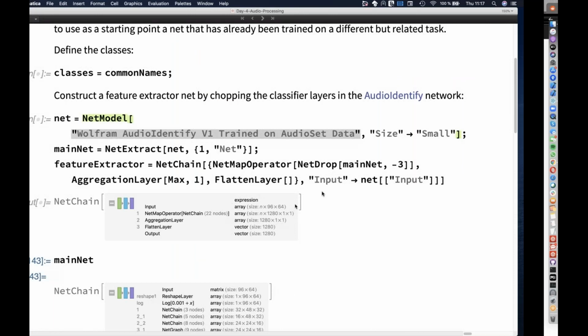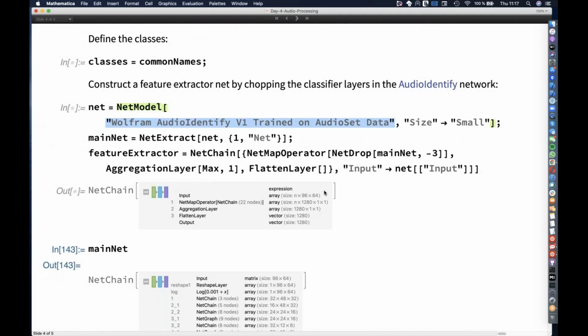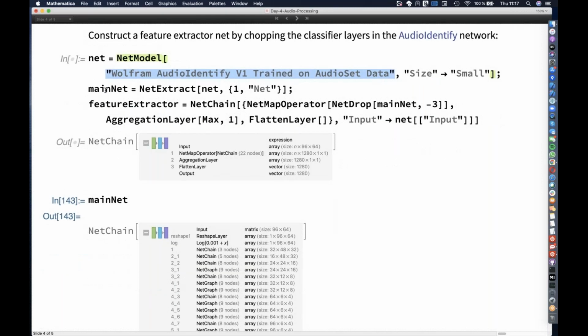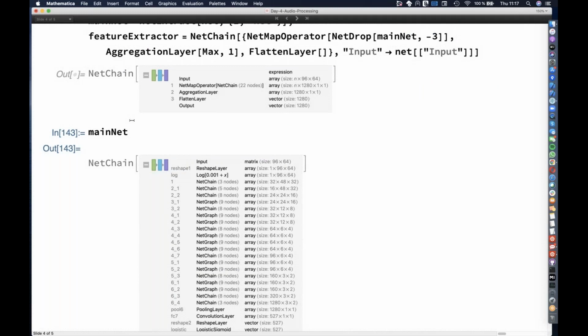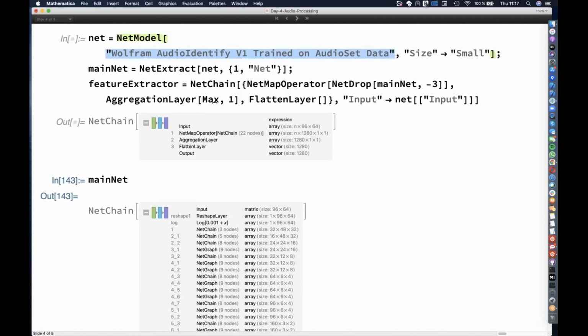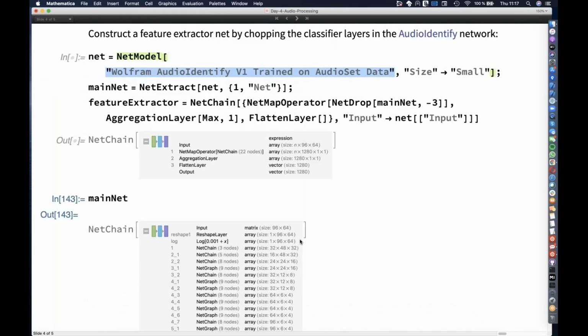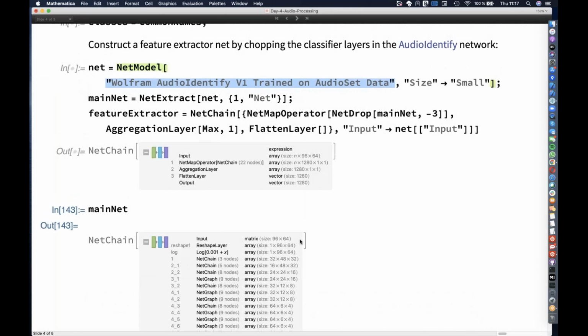For this transfer learning, we start from the main neural network, this large multi-layer neural network, and what we are interested in is getting rid of the last 3 layers, which are the classifier with the 527 classes from AudioIdentify, which we are not interested in, but we are interested in the feature extractor,